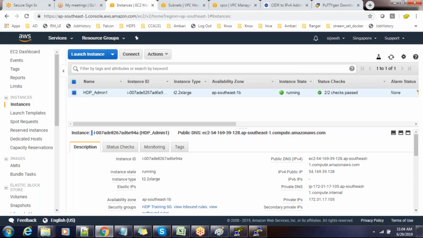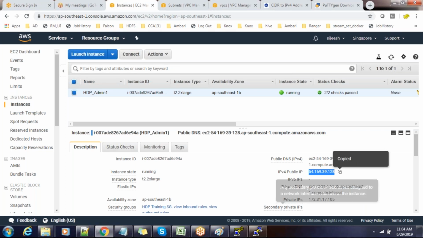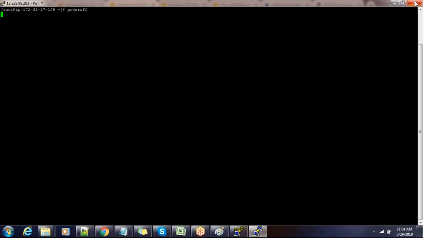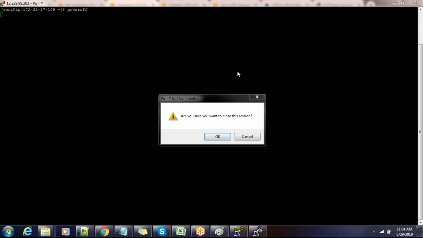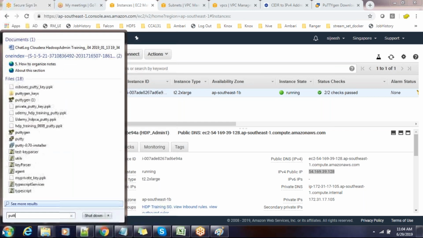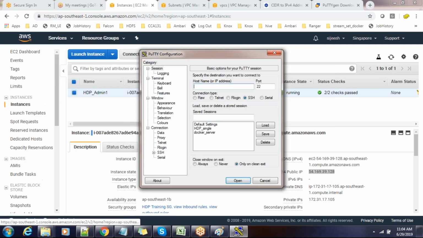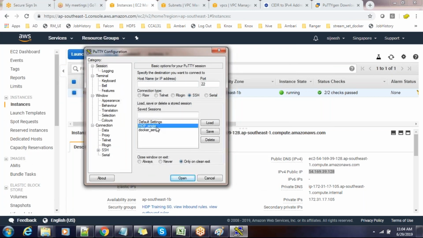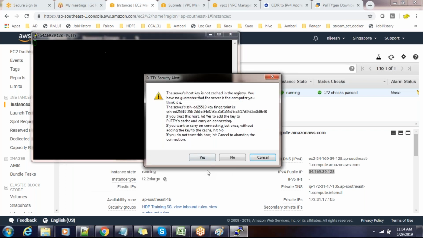Maybe if it's not connecting, this public IP might have changed. See, this is the public IP. If you have not opted for the static option, it will change.